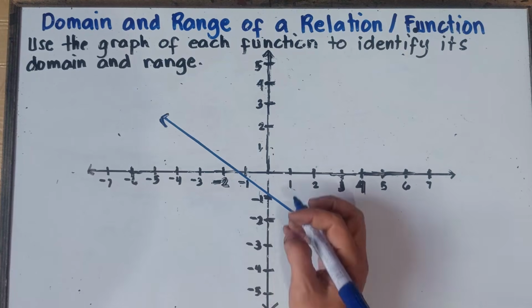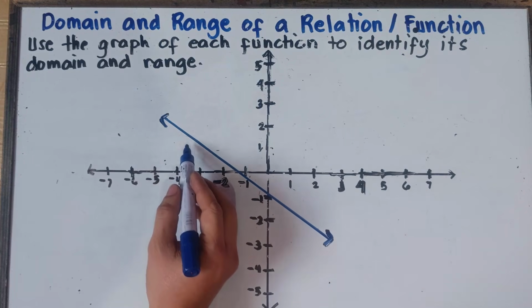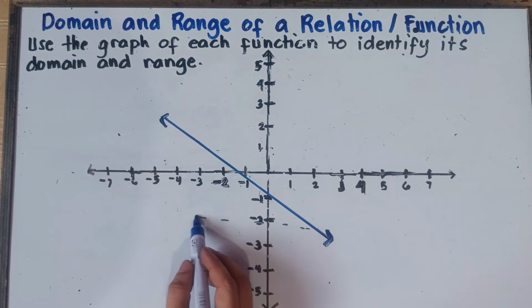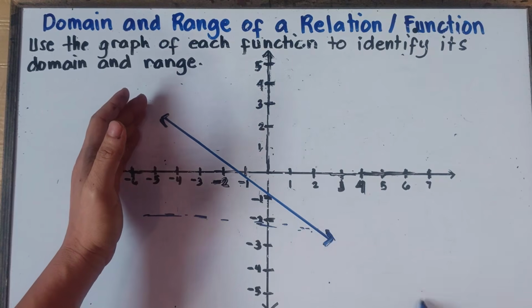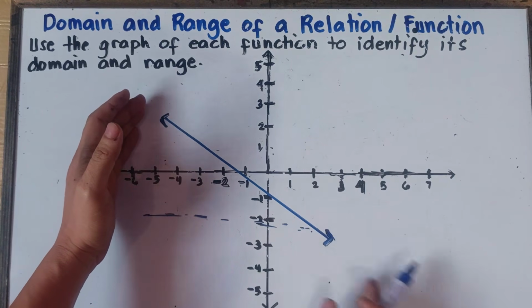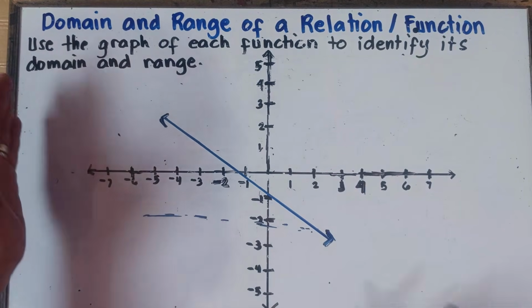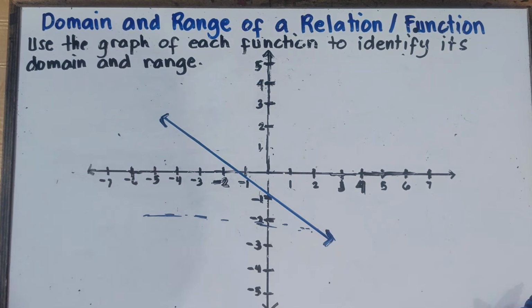Now, why is that, sir? Because this one right here, horizontal distance, this one right here, class. This is included. All of the numbers will be included because this arrow will extend infinitely going downwards. It will extend infinitely going upwards. So, therefore, all of the numbers, class, will be included. I hope, class, you're not confused.